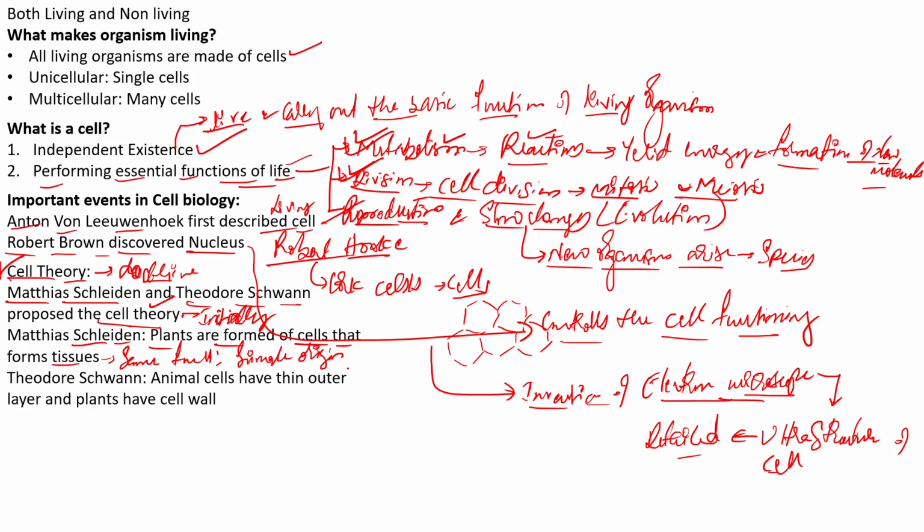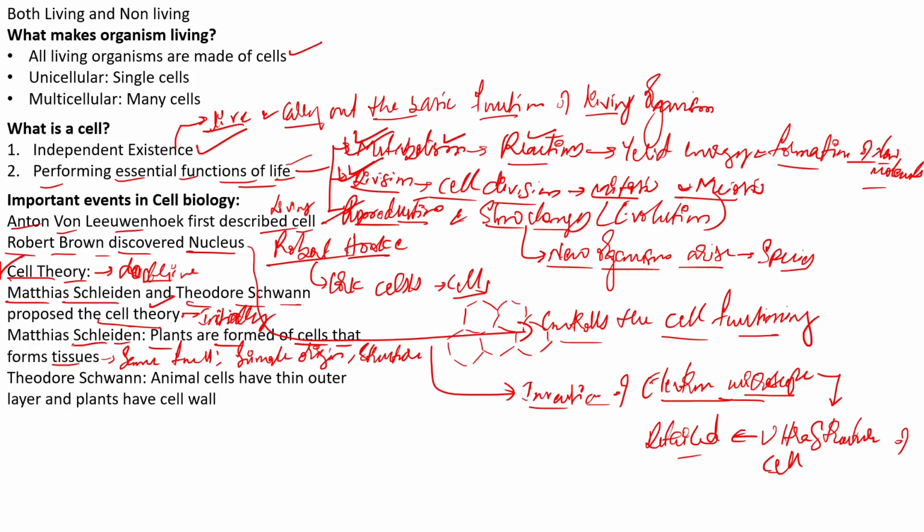Okay, having same function, similar origin, and also same structure. Any group of cells that have the same function, similar origin, and same structure, we call them what? Tissues. So plants are basically formed of cells, and this amalgamation, conglomeration of cells is involved in the formation of tissues. This was a very important observation made by Matthias Schleiden, who was a